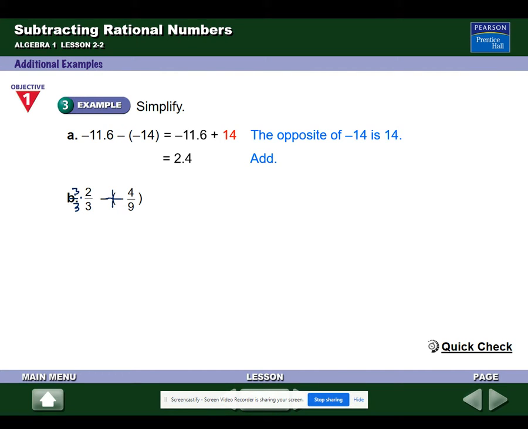3 over 3 is 1, right? So when you multiply 2/3 by this form of 1, you're not changing its value, but what you are doing is changing its form so that it does then have a denominator of 9. By the way, when you multiply fractions, I hope you already know this, that you multiply across and multiply across, right? So 3 times 2 is 6, 3 times 3 is 9. 2/3 and 6/9 are the same fraction. We're adding that to 4/9, and when you add fractions,